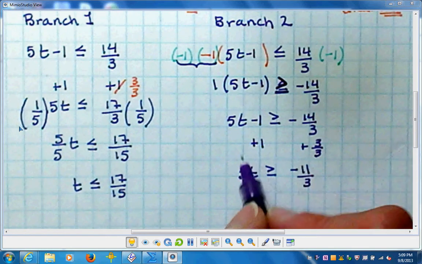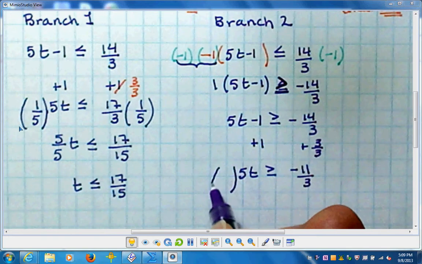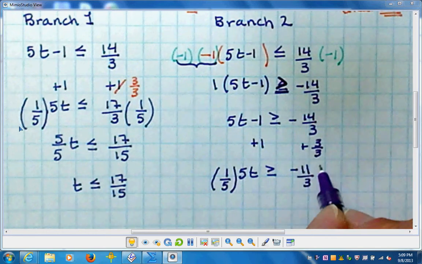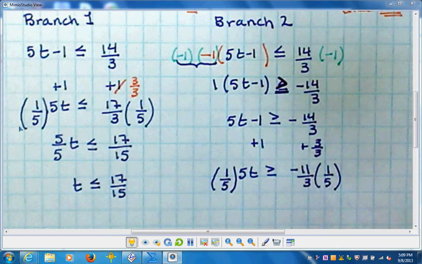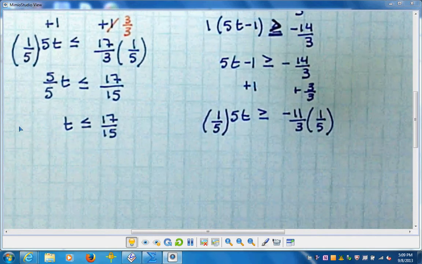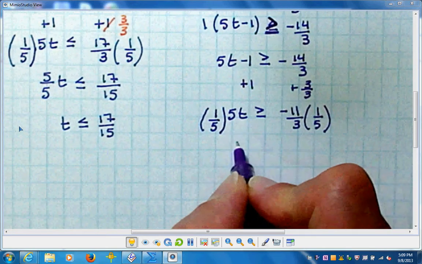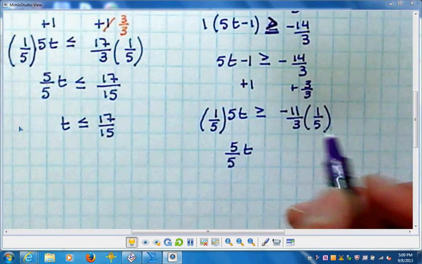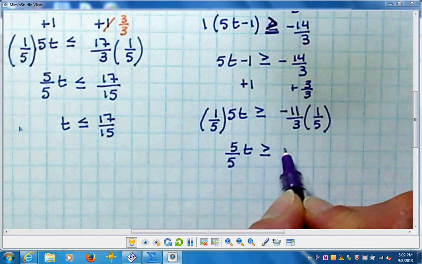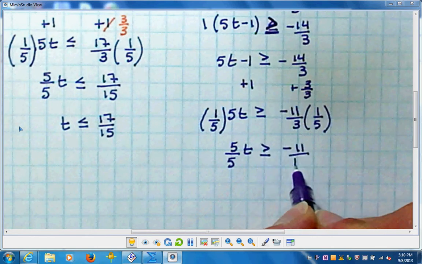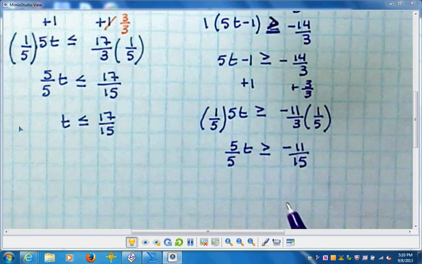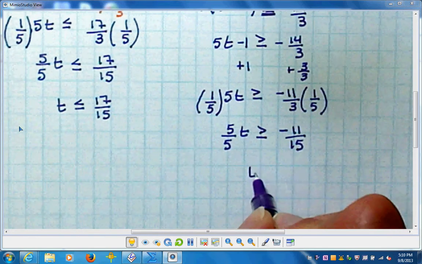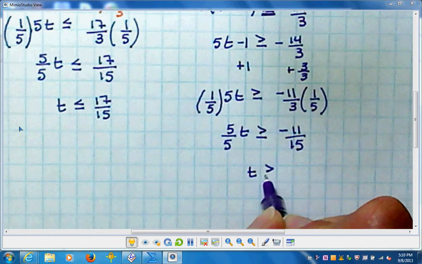So instead, dividing by 5 is the same as multiplying by 1/5. So I'm going to multiply both sides by 1/5. I'm going to do that little extra step of multiplying this through so that you can see, doesn't that look just like 5 divided by 5? It does, doesn't it? So this gives me -11 over 15. So that means t has to be greater than or equal to